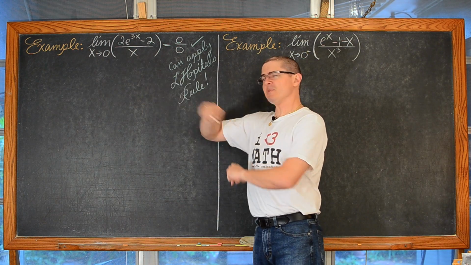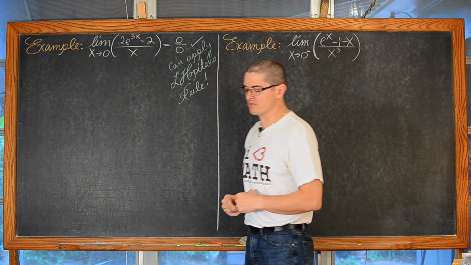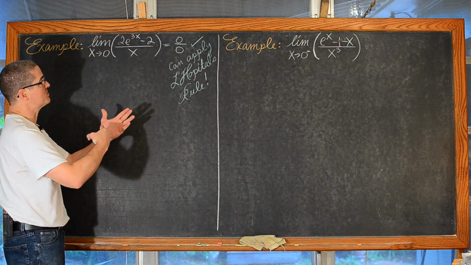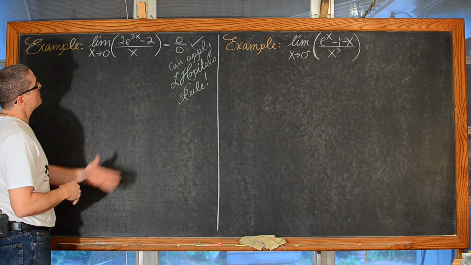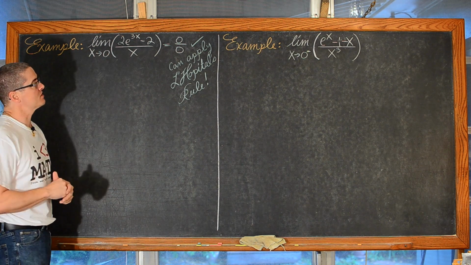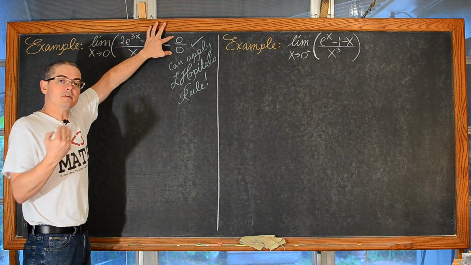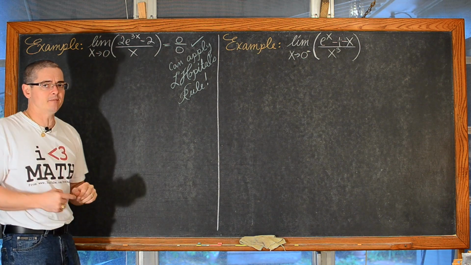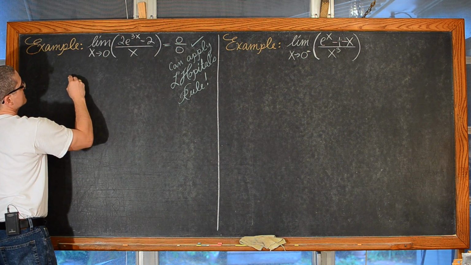Our first real example is getting back to that previous example that we could not figure out with algebraic manipulation of the function. You'd have to go back to doing a table of values, the numerical approach, or a graphing utility to find the limit of this function as x approaches 0. But remember, it was 0 over 0, the indeterminate form that says, hey, you can apply L'Hopital's rule to figure out this limit. So let's do it. We're going to find the derivative of the numerator and denominator separately.